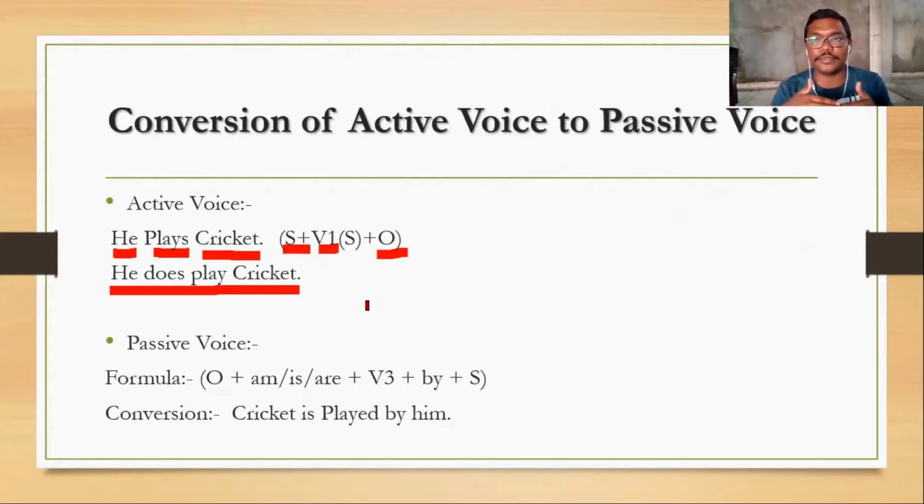To make our speech official, we can add helping verbs between the subject and the verb, that are do or does. In the simple present, you can use do or does as helping verbs. When the subject is third person singular, you have to use does. When the subject is not third person singular, you have to use do.